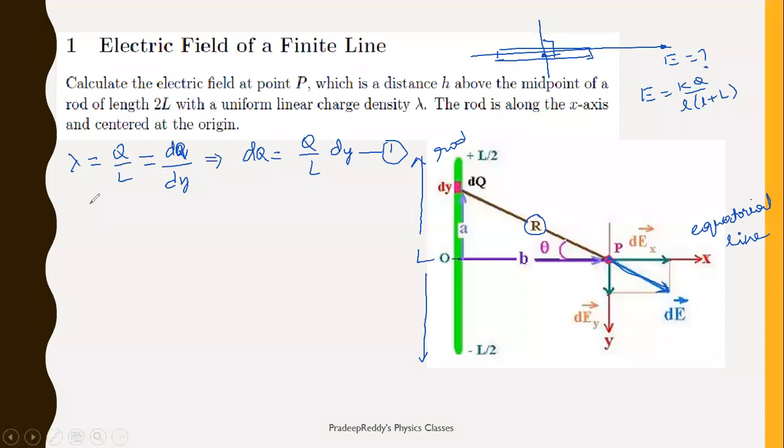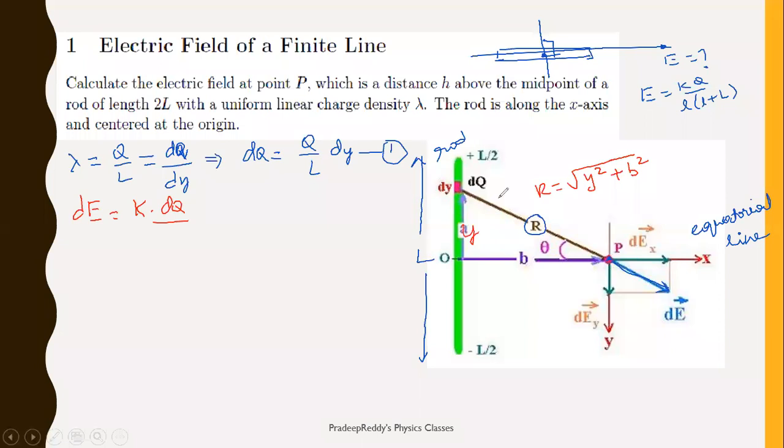So what will be dE? It is equal to K capital Q, I'm sorry, not capital Q. Because of a very small element, the charge here will be dQ. So it is K into the charge of this element, dQ, divided by the separation of this element from the point, that is r squared. Now how can you write this r? r can be written as the square root of this length y squared plus the length from here to here, b squared. This is r, the separation from this point.